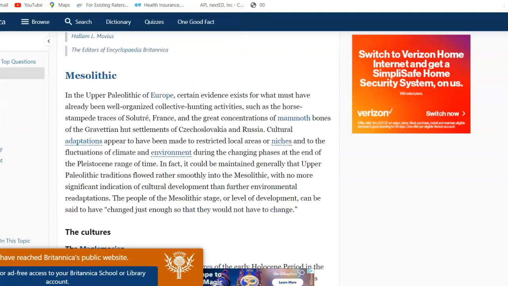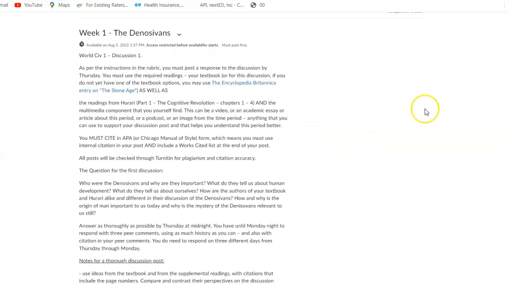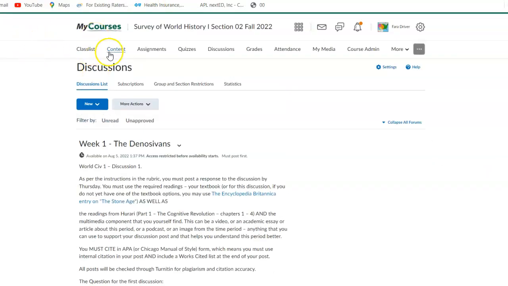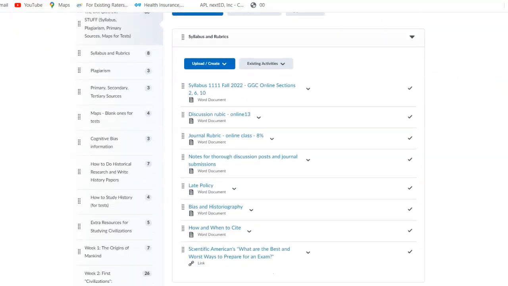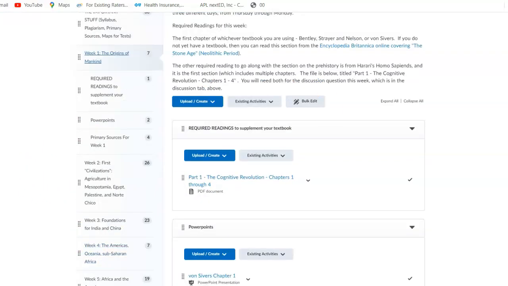You're also going to be reading from Mr. Harari. Again, Sapiens, a very wonderful book. It is linked over here in the content section under the first week. I'll show you where that is. Again, if you go to content and you go down here on the side to week 1, the origins of mankind, and you pull it up,